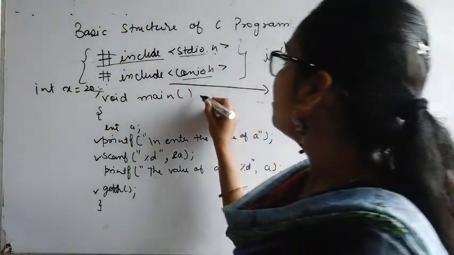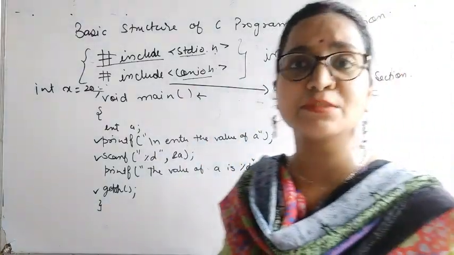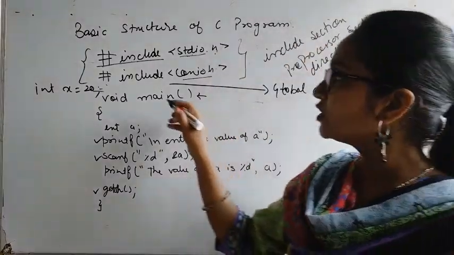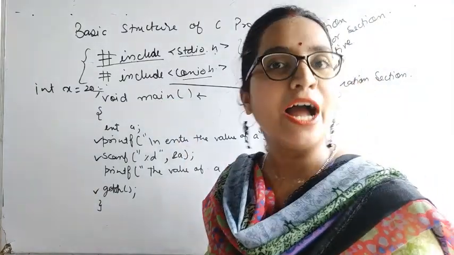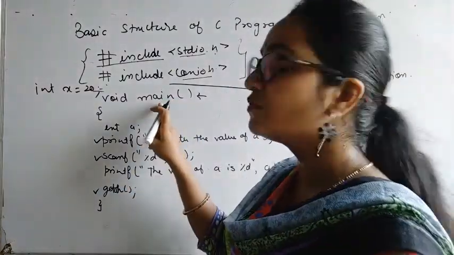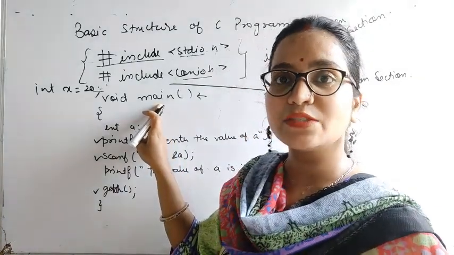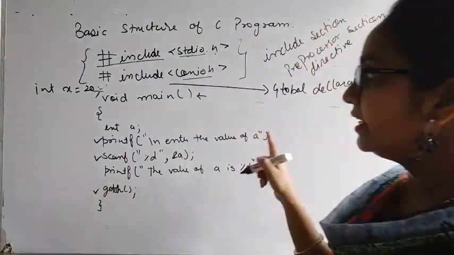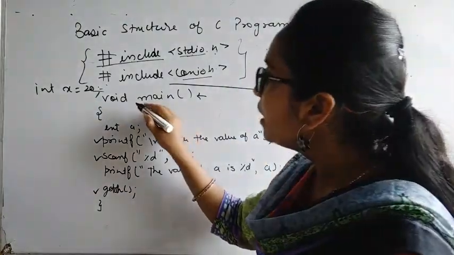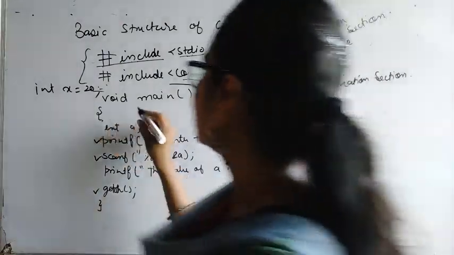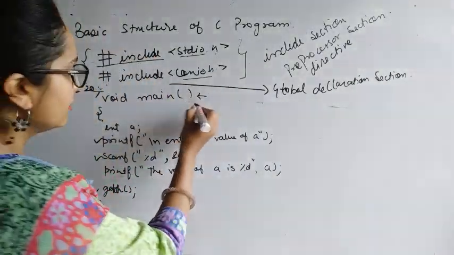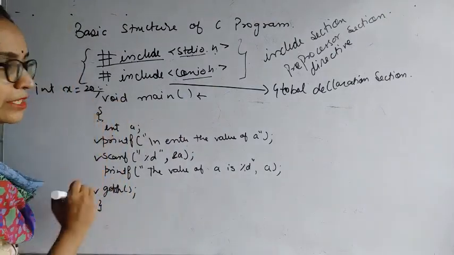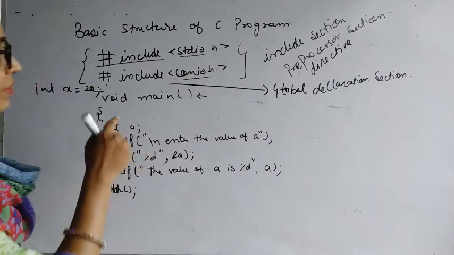Next comes the main section. The main section says that we have to use the main function in our program. The main function is the compulsory function you have to use in your program. The execution of a program starts with main and always ends with main. All C programs start executing from the beginning curly brace. This is the main block. This is the main function header, and this is an opening and closing curly brace pair. All the main function code will be included over here.